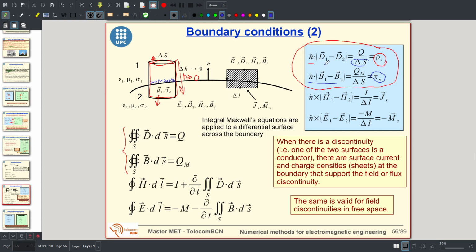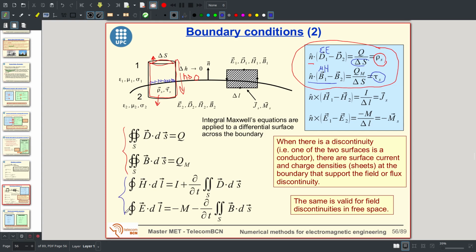And the result is that the difference in the normal component of the electric or the magnetic fields is equal to the surface charge density, electric or magnetic, depending on whether it is the electric field or the magnetic field. And in the case of the electric field, it is not actually the electric field but the displacement vector, which is epsilon times the electric field. The same as in the dual case, the magnetic flux density is mu times the auxiliary vector H. Okay, this is well known. And then we have similar laws for the